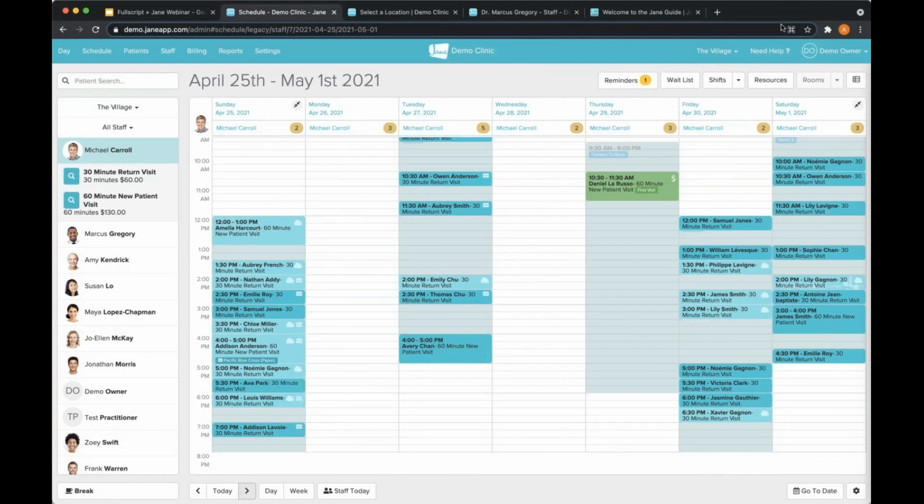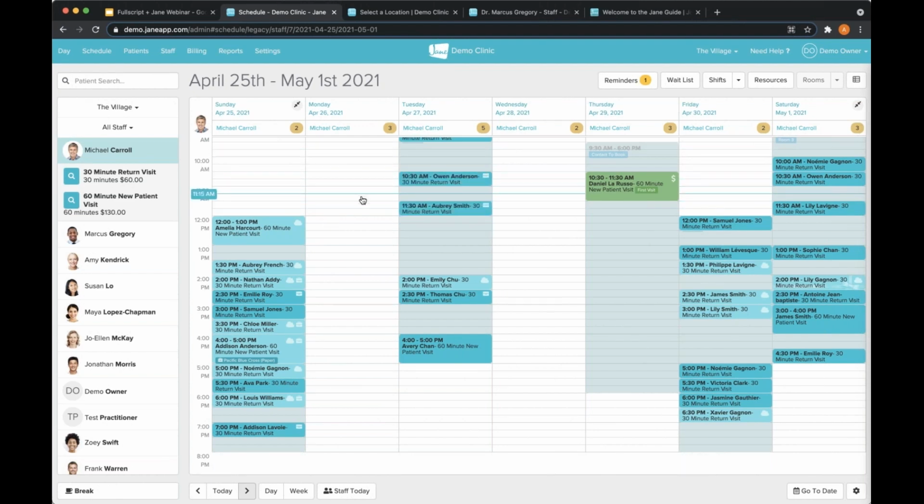On our schedule here, let me just move some of these windows. I'm signed in as our demo owner, and this is just our demo clinic owner account, so he has access to basically everything on this clinic. On the left-hand side, I have all of my practitioners who are going to be working with me at the clinic. And then in the middle here, I have all of my appointments that are either already booked today or have already been seen for the day.